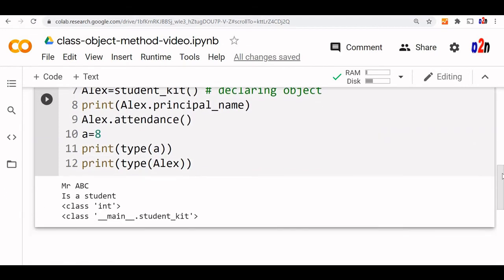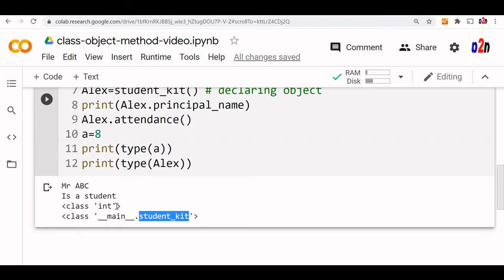You can see it tells us that it is an object of data type student kit, and because we are using the main module, it is inside the main module, so its class is student kit. In Python, whenever we use a string, we use a string object. When you use an integer, we use an integer object. So in Python all we use are objects of a parent class. Now the classes in the case of an integer or a string are defined in the main module of Python, so we are just using them.